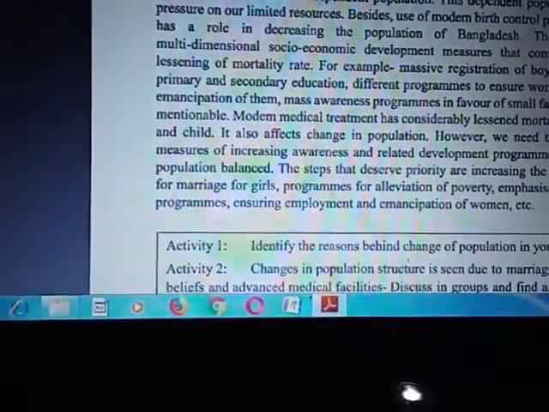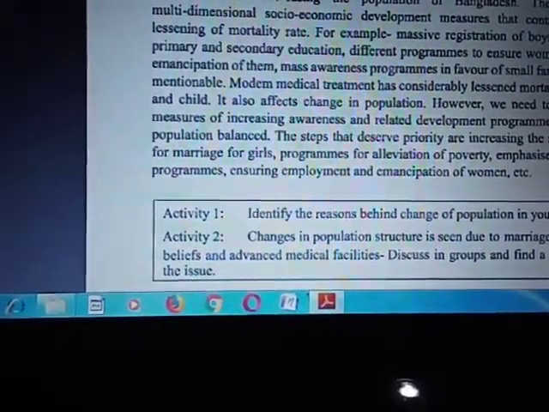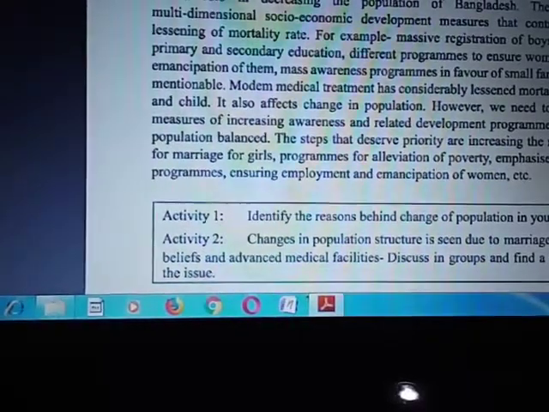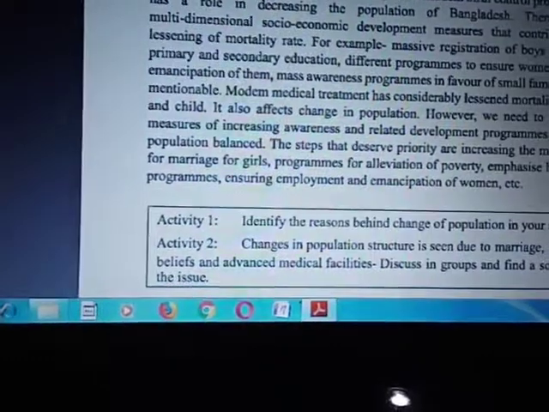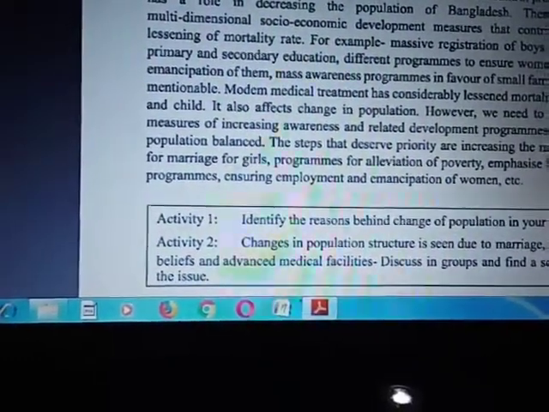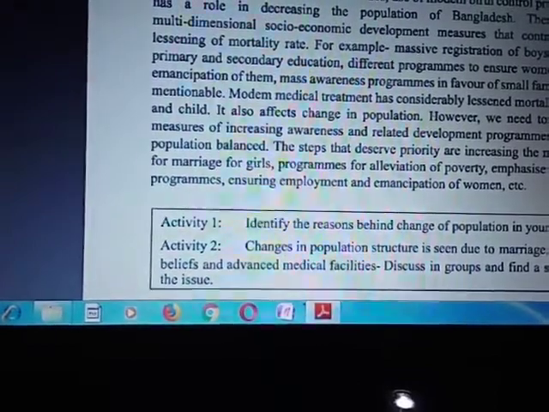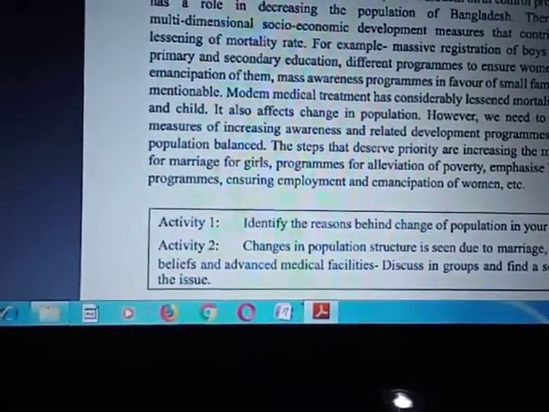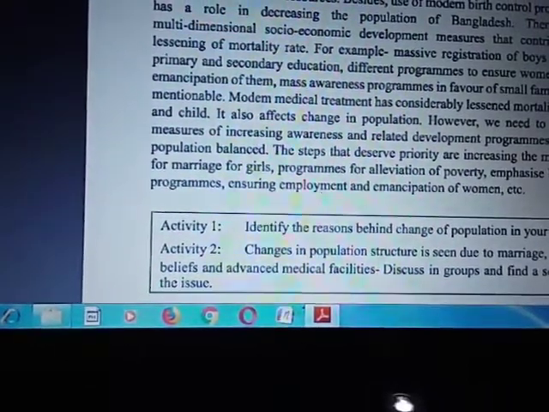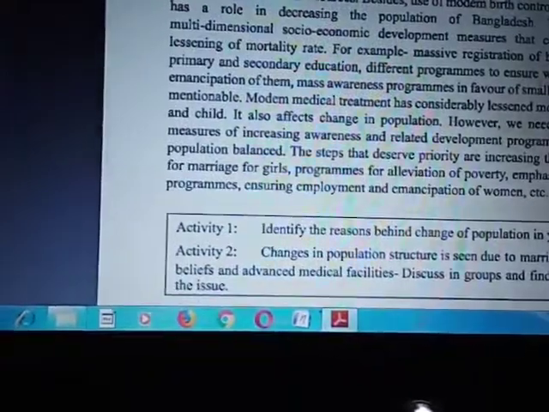The average life span in Bangladesh is 71 years. Increase of this feature clearly shows the rate of mortality has decreased. The decrease means an increase in other people who are known as dependent population. This dependent population creates pressure on our limited resources, because Bangladesh is a